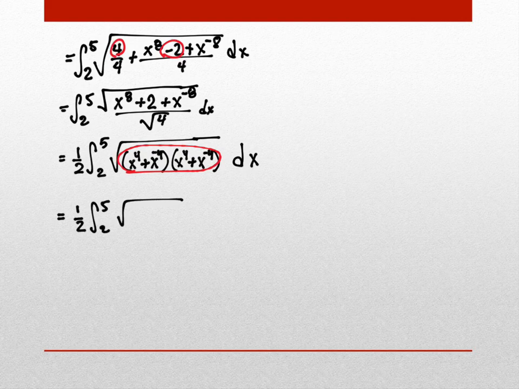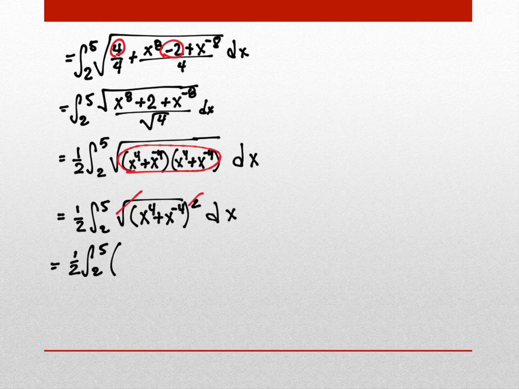So in some sense, we could rewrite this if necessary. You don't necessarily have to rewrite it this way, but this is the square root of this thing squared, right? Which means that the square root and the square cancel. And I'm left with the integral from 2 to 5 of x to the 4th plus x to the negative 4th dx. Yes? Okay, wonderful. These are both easy things to integrate,